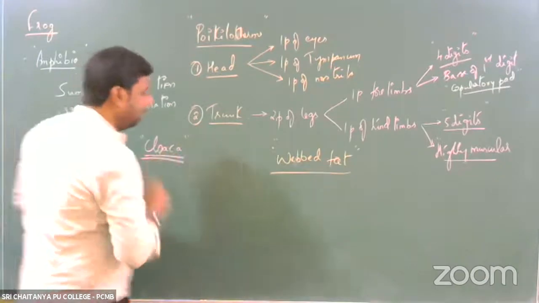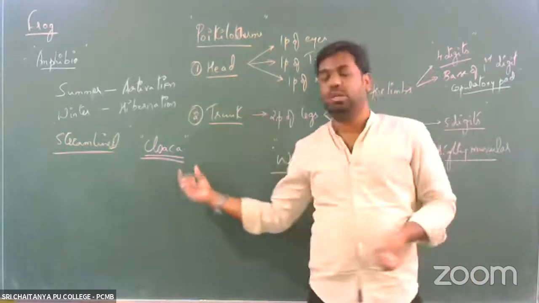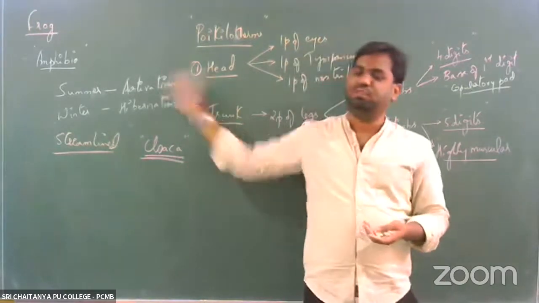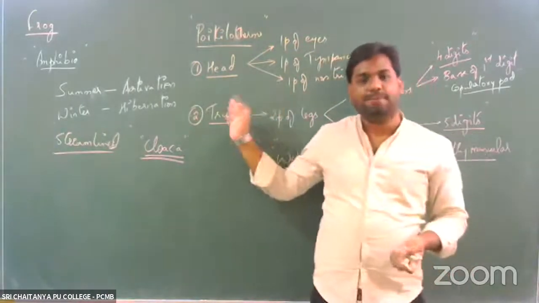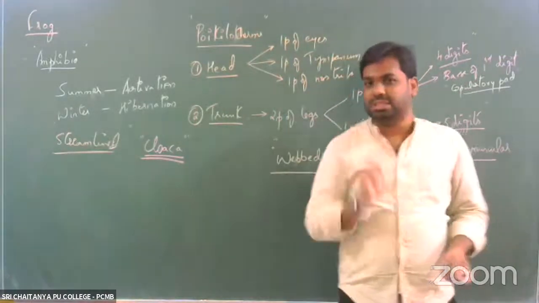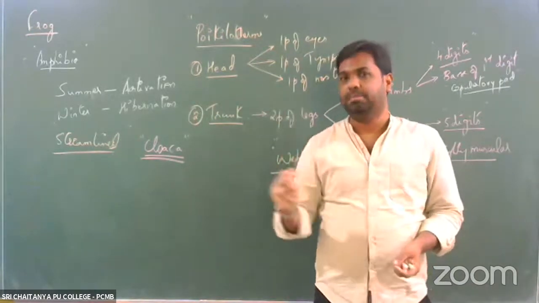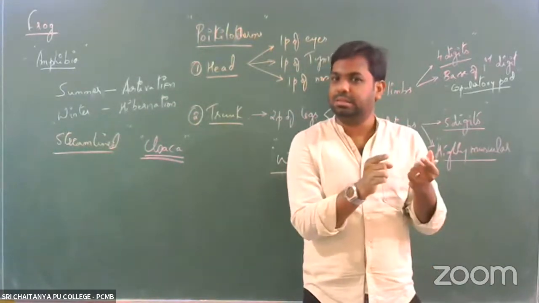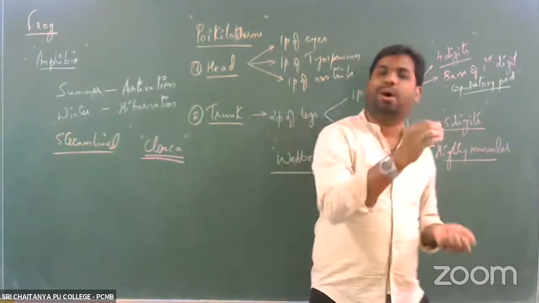Right? So this opening, called the cloaca, or we can also call it the cloacal aperture or cloacal opening, is present towards the posterior end of the trunk. This cloaca is one of the characteristic features of this organism, which is a common opening for 3 systems. And what are those 3 systems? Number 1, the digestive system. Number 2, the excretory system. And number 3, the reproductive system. All of these 3 systems open to the outside through the cloaca.